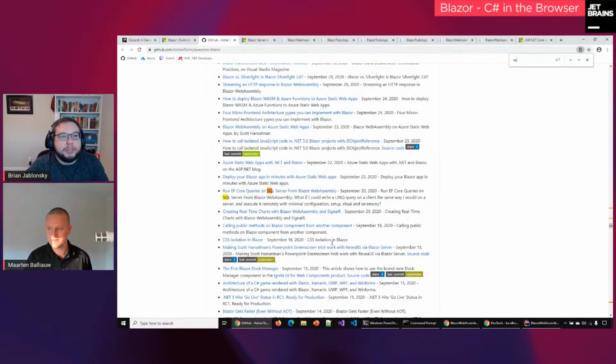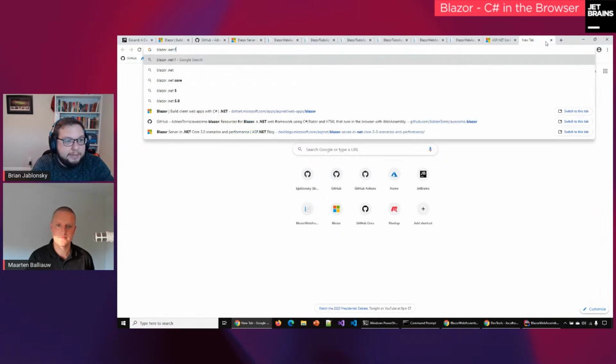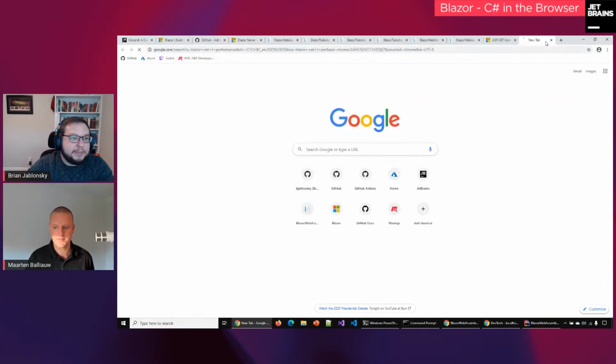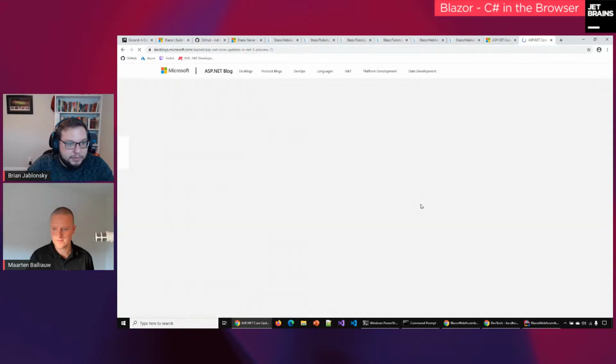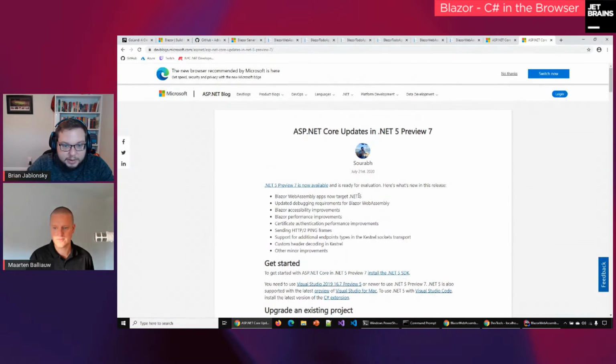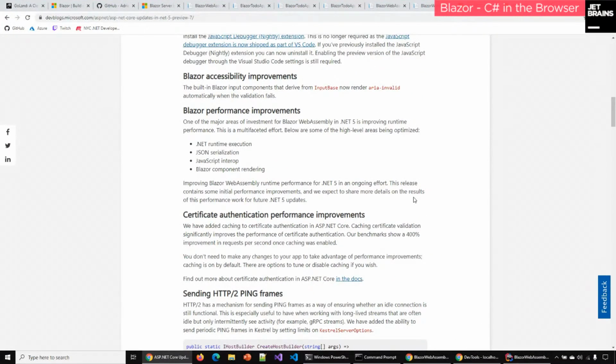There are some performance issues, and let's see, Blazor performance. Trying to find, I think it's Preview 7. There we go, Blazor improvements. So you can actually see, one of the big things for WebAssembly was that's why everybody was pushing for ahead of time compilation to be able to compile down to WASM, because again, you have that layer of abstraction running a .NET runtime on top of WebAssembly. You've got to do the interpreting and translation.